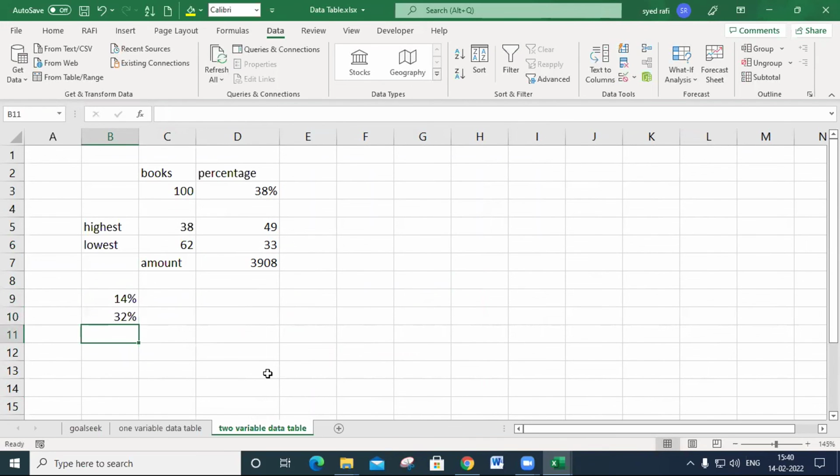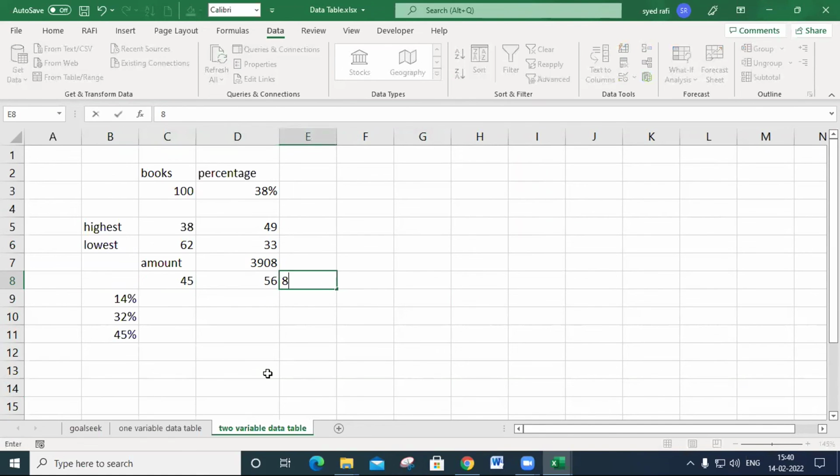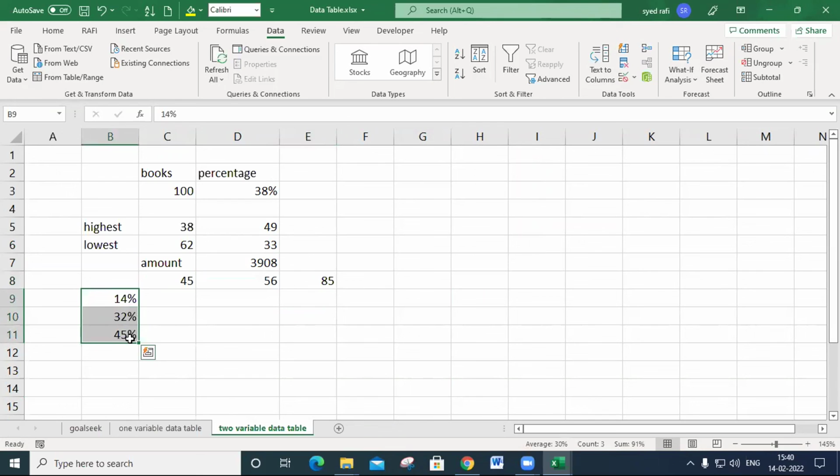The second one will be taken as the highest price, like 45, 56, or 85 as the highest price. So one variable is a percentage and the other variable is the highest price.